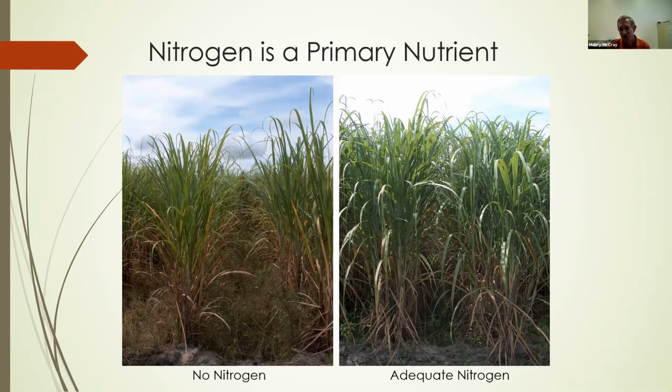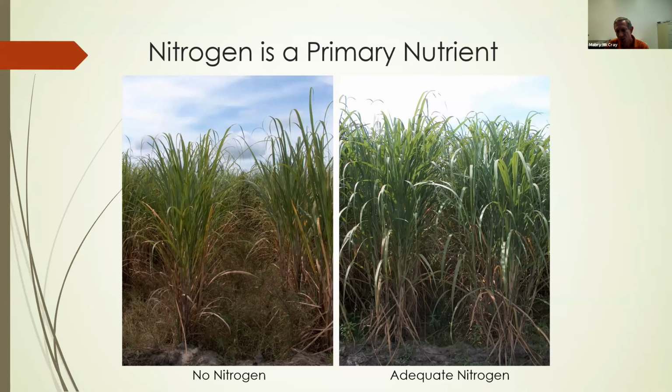I've got a couple of pictures here to illustrate that from a study a few years ago with nitrogen rates on sugarcane on sand land. These are sand soils, so we had rates from 0 to near 300 pounds of nitrogen per acre per year. You can see in the photograph on the left, the sugarcane was growing very poorly with no nitrogen. We had very, very low harvest weights there without nitrogen. The photograph on the right was with an adequate amount of nitrogen,